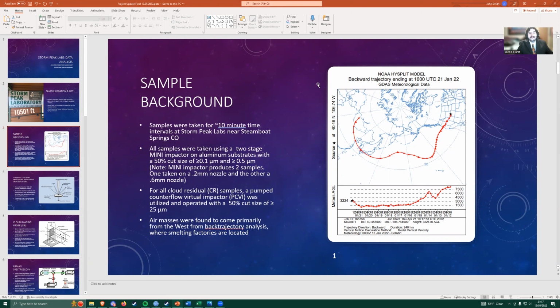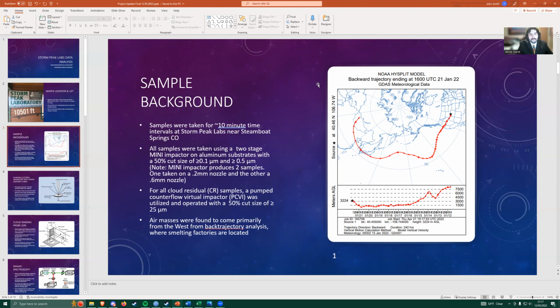All right, so a little background on our samples. Samples were taken for about 10-minute integrals at Storm Peak Labs. And all the samples were taken using a two-stage mini impactor on aluminum substrates with a 50% cut size of greater than or equal to 0.1 micrometer and greater than or equal to 0.5 micrometers. Our mini impactor actually does have two impactor spots. It can produce two samples at once, and one of those samples will be on a 0.2 millimeter nozzle, and the other is on a 0.6 millimeter